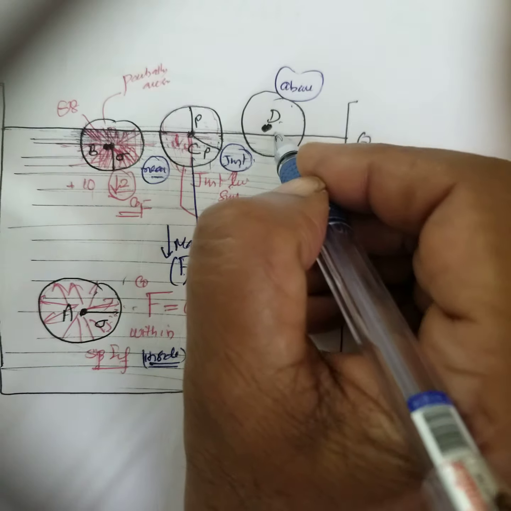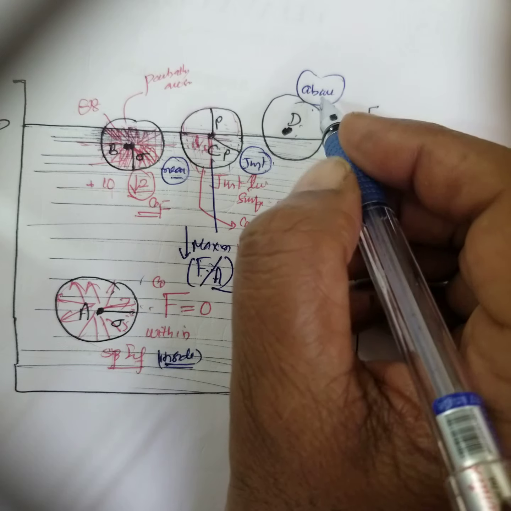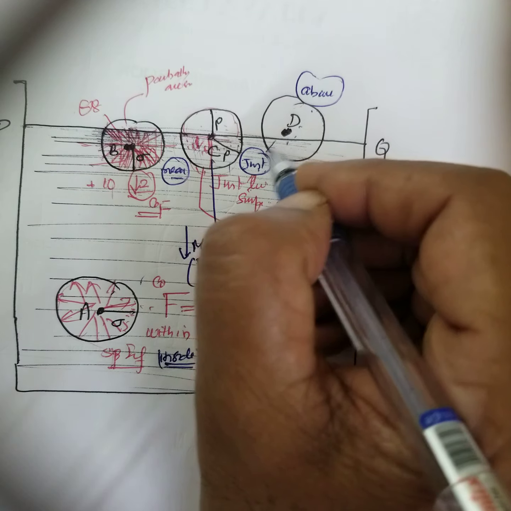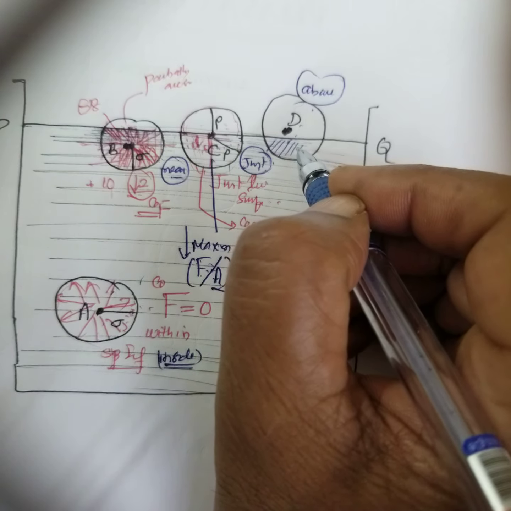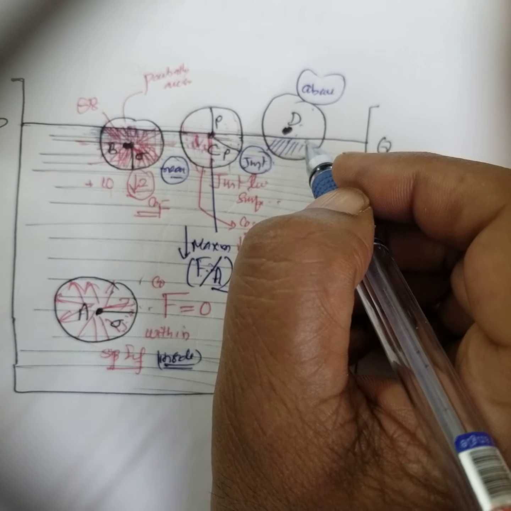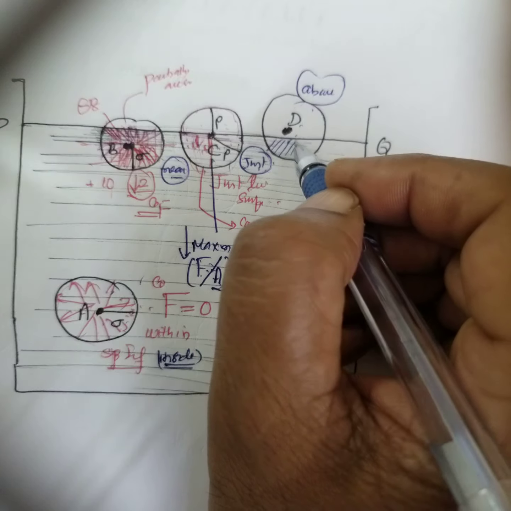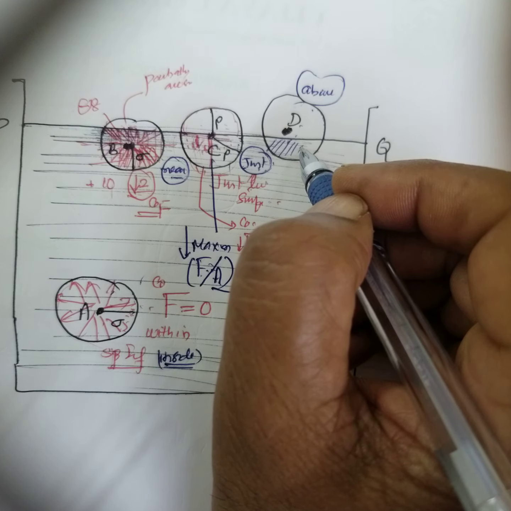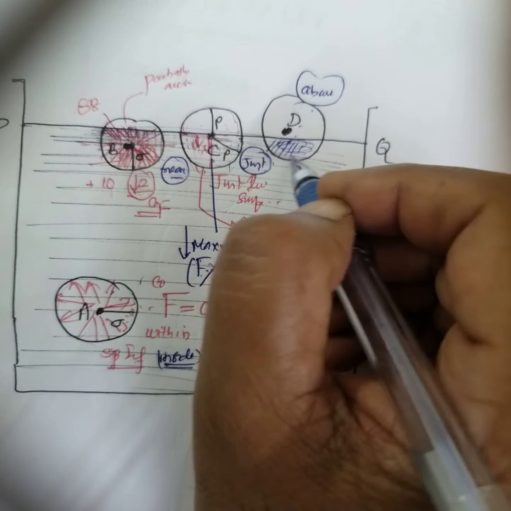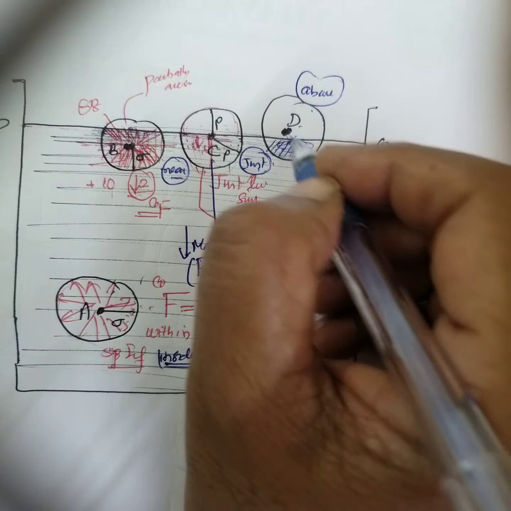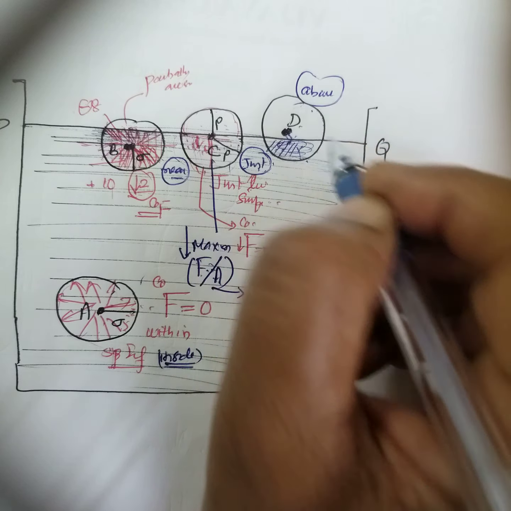And in the case of molecule D, which has passed out of the liquid surface, only a small portion of the sphere lies within the liquid, so it will not have any influence, right? So there is no net downward force. Only a very small part of the sphere of influence lies within the liquid. So the net force decreases very much. It will not have a force because it is above the liquid surface.